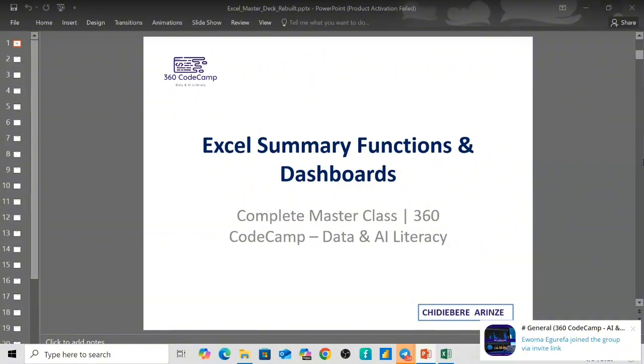Then from there, we will move into COUNTIFS and SUMIFS, which are your go-to tools for building dashboards and making sense of data, large data sets. When you're working with a large data set, COUNTIFS and SUMIFS are going to be very handy for us. Then you learn how to count and total values only when specific conditions are met. That's the COUNTIF: you count only when specific conditions are met, or you sum only when specific conditions are met. Like how many orders came from Ken, or we have been using Ken for a long time, maybe